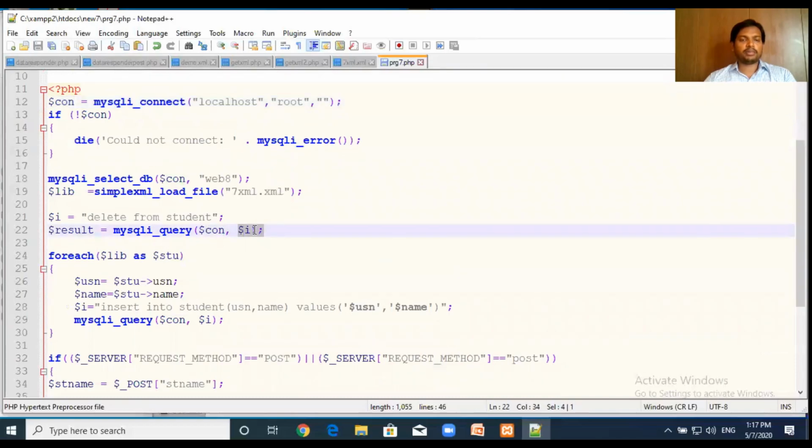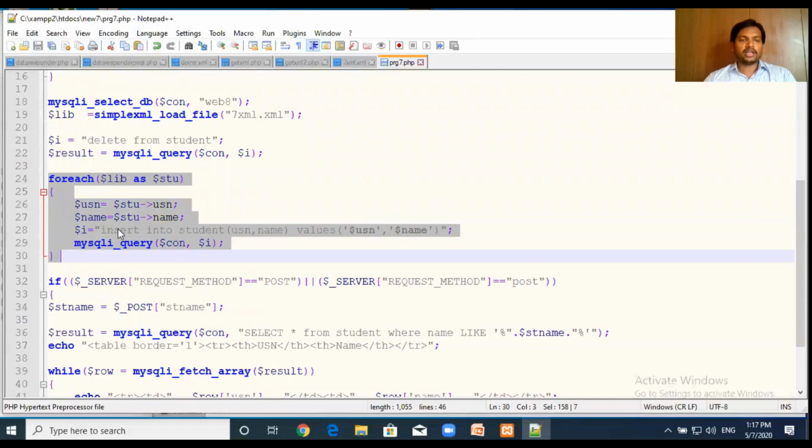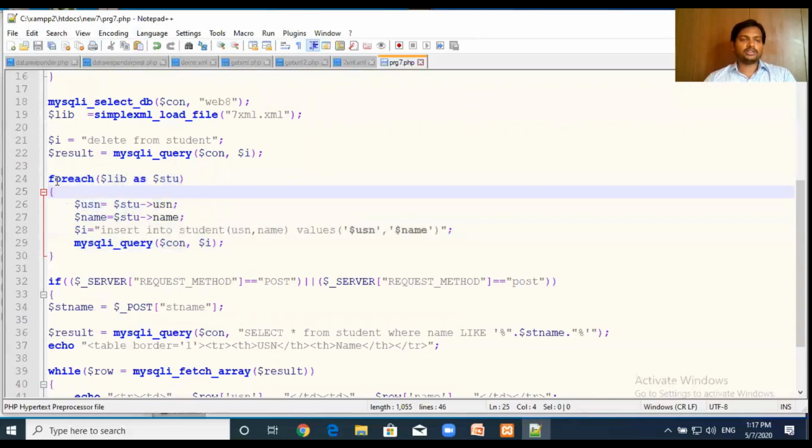And the second parameter is the query which you want to execute. So here the query is delete from student. Student is the table name. So here, before inserting, we are deleting all the rows from the student table. After deleting all the existing records, again we are looping the XML data by using this foreach